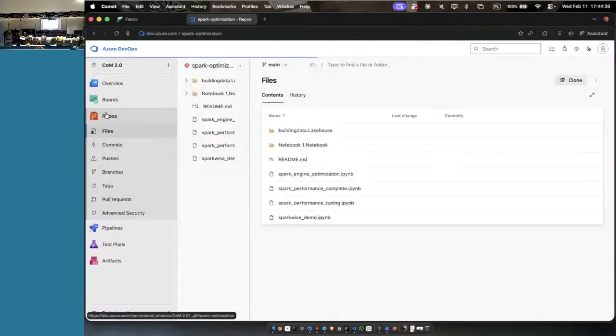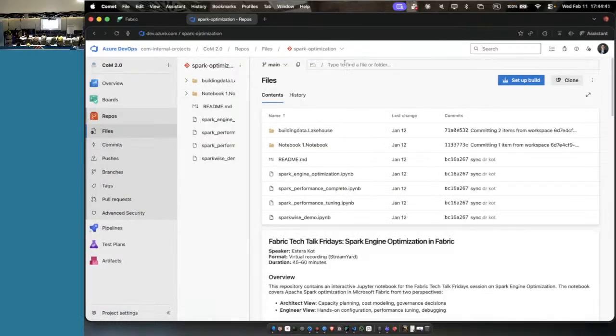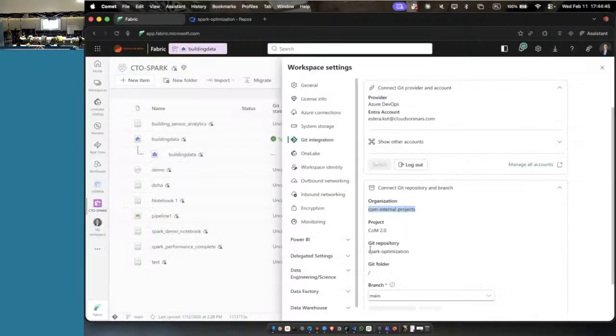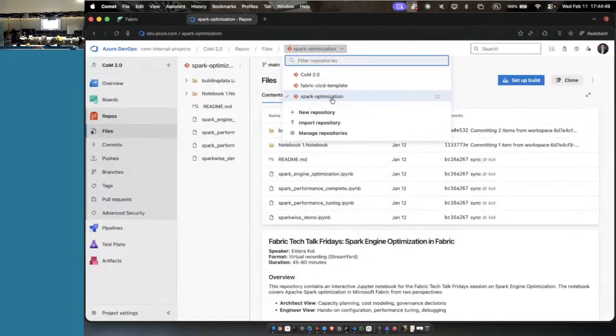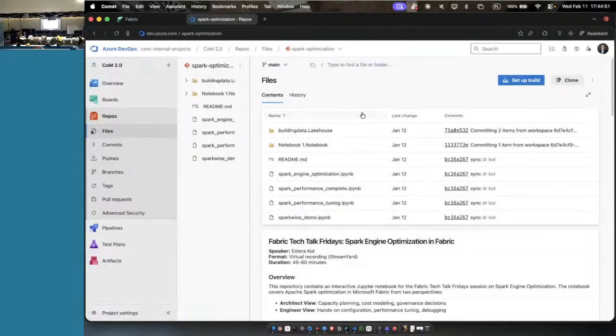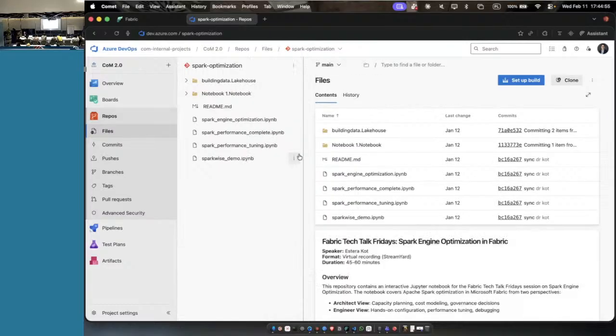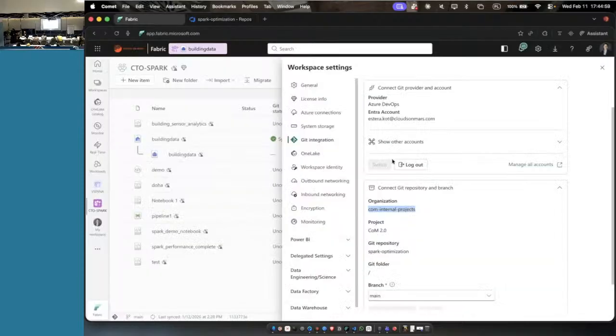I have a repo, and I have a few repos. Let's check which one I'm using here. Git repo Spark optimization, this one, super. So the context: this is a Git repo inside DevOps. This workspace is based on the specific repo.